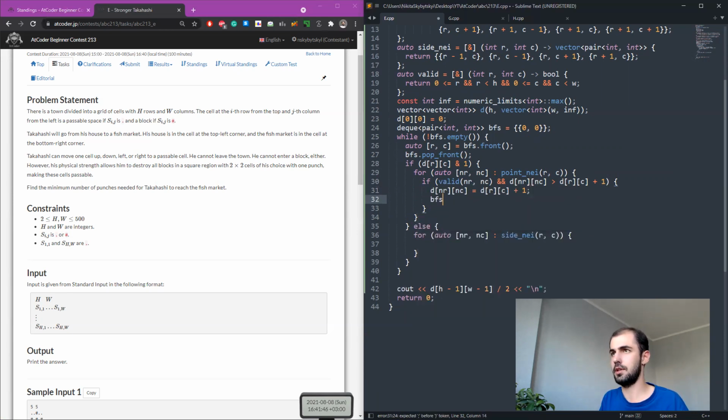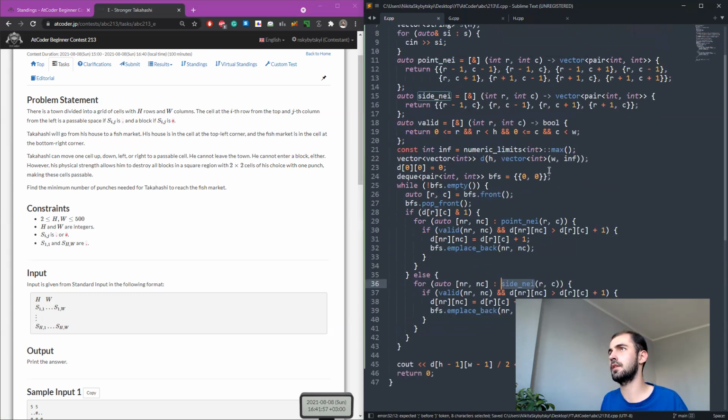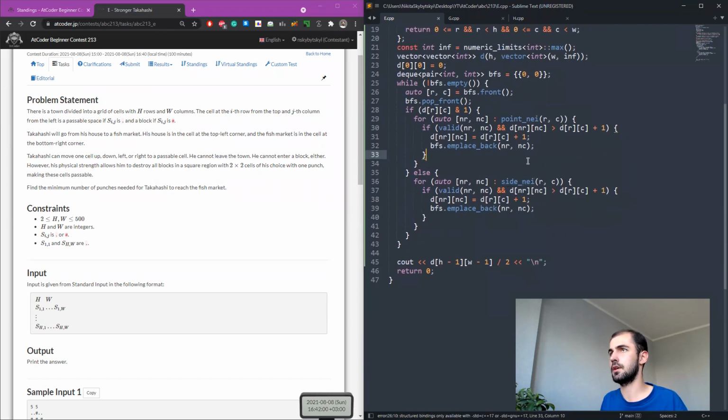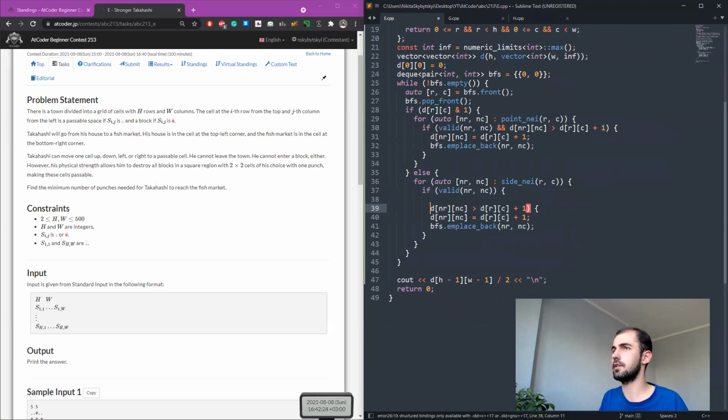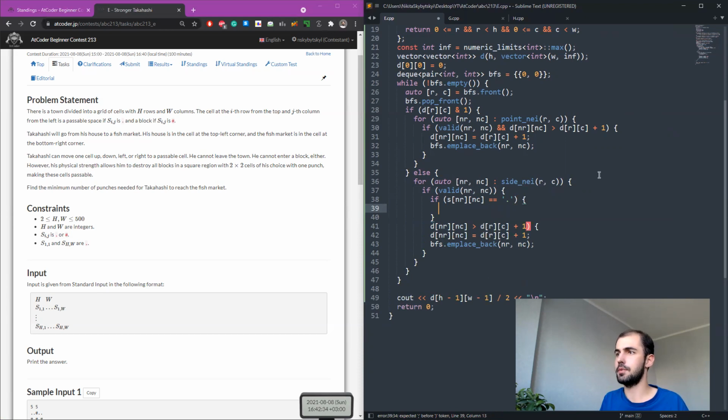And push to BFS and place back row, column. Actually, this is the same, the only thing that differs is the set of neighbors that we loop over. Now here, we are in the process of breaking a block, so we don't exactly care if the space is occupied or not. Here, however, we care, so not only does it need to be valid, there are several cases to consider. So, if this is a free cell, if it's free to pass,